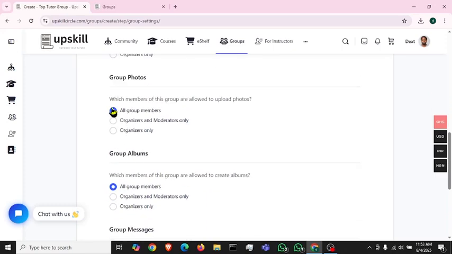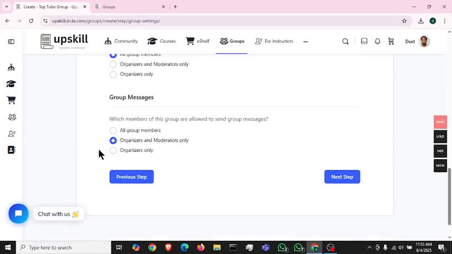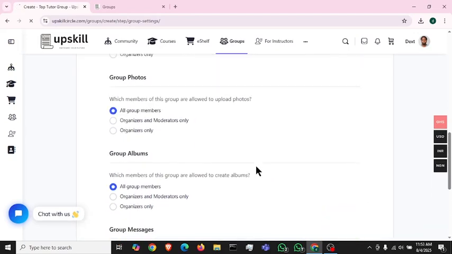All right. You also determine who can post photos. All of these things you do here, and who can build group photo albums. All of this is also determined here, and who can send group messages. So just like you have on WhatsApp where you can restrict who can send messages, you can also do that over here. So now that we've covered the basics for this specific group, we move on to the next section